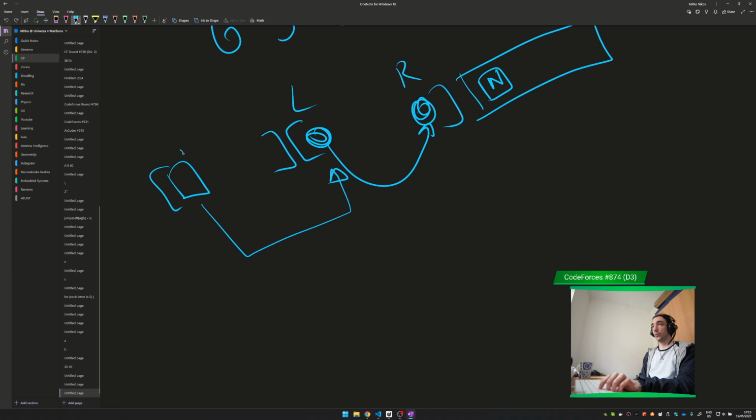We want to stop when this number is bigger than whatever this number is. So we want to swap it exactly there where L, I want to stop it exactly there where L,